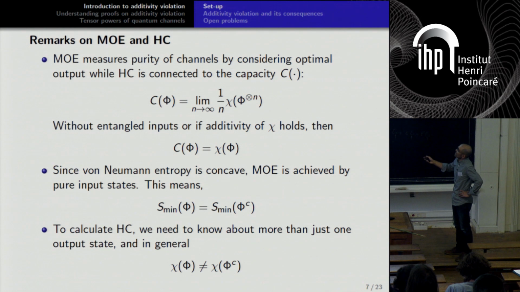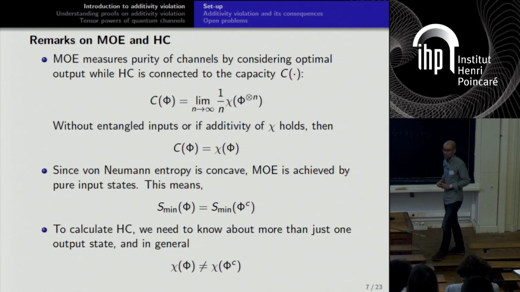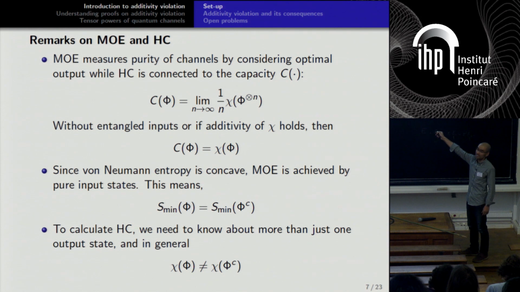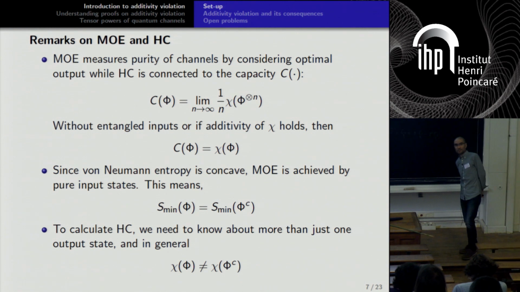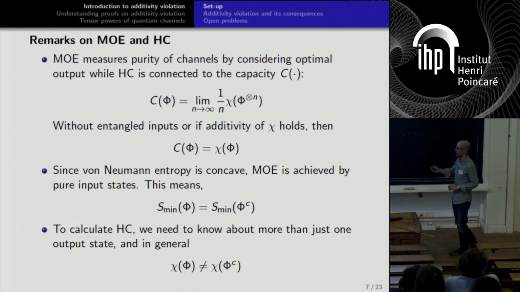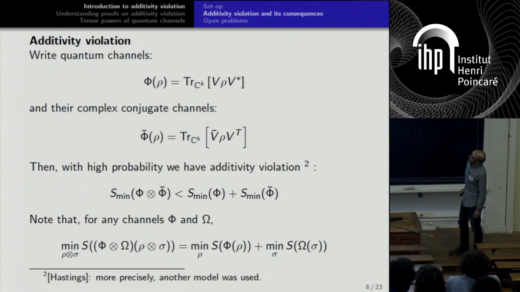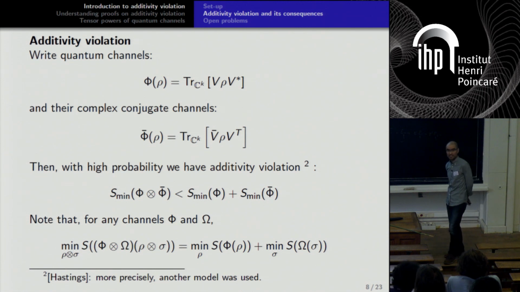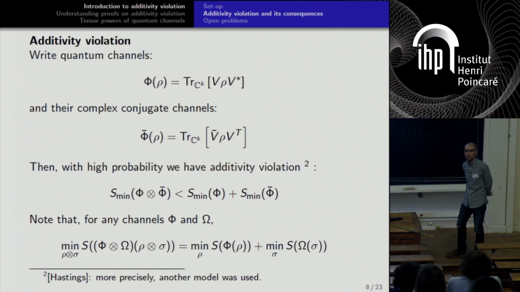So in this field of quantum information, mainly we are of course interested in this quantity, capacity, but this capacity seems to be difficult to investigate directly. So several people like me are working instead on minimum output entropy to look for some clue about the capacity of quantum channels, and then additivity violation. So what is additivity violation so far? I'm going to show when additivity violation can happen in this slide.